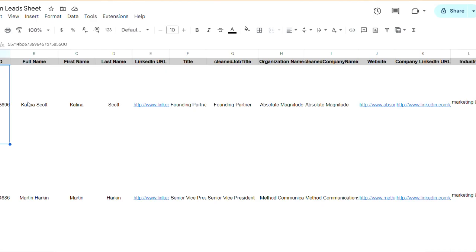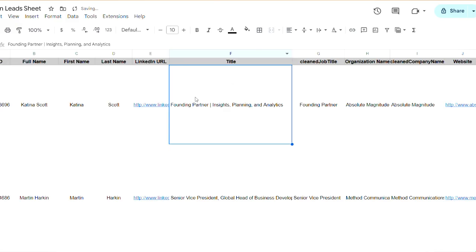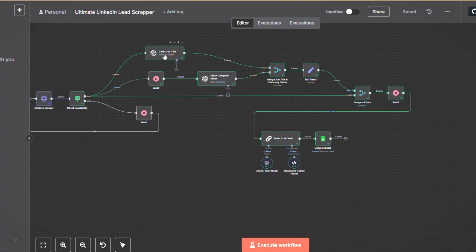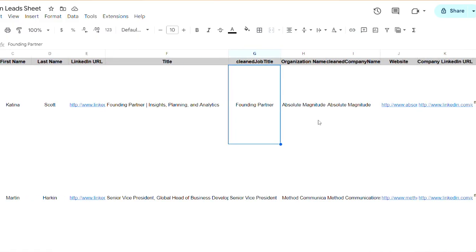This is the Apollo ID, name, first name and last name of a prospect, the LinkedIn URL, the title. This is what I was talking about, the founder, partner / insight. It is unclear. All right. The process you have seen here, cleaning the job title and the name, is due to this unscattered data, and we will clean the job title and get the exact position of the person, which is founder partner,